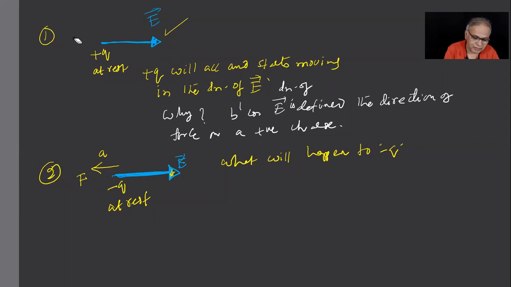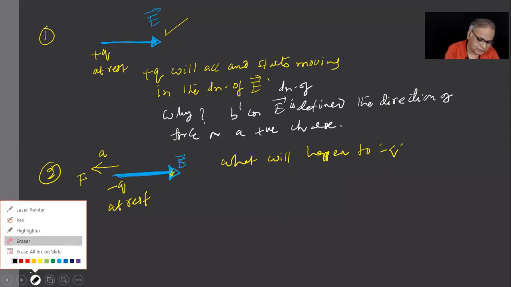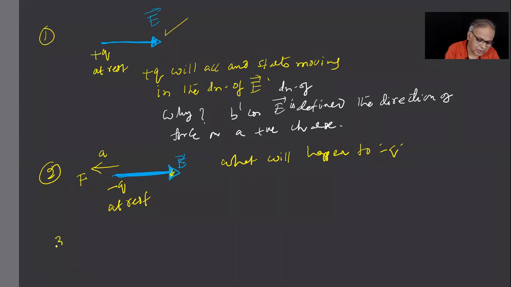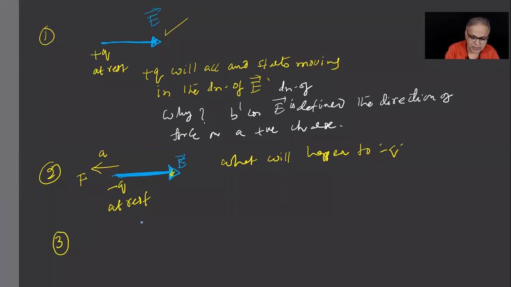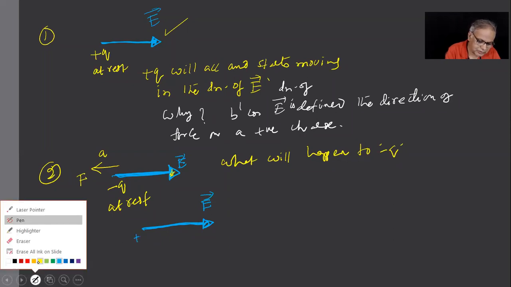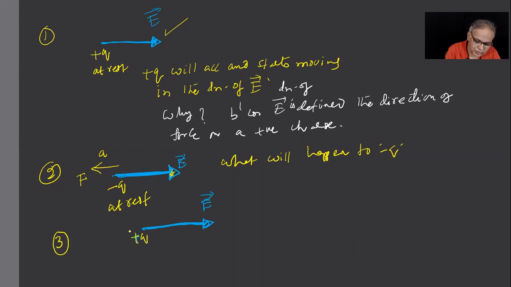Okay. Now, third question. Remember, I'm talking intermediate things only. Don't ever get the wrong feeling that I'm doing something very big. That will scare you, basically. This is E. See, when I'm showing this E, children, I'm not showing who is forming this E. I don't require to. Now, I will project plus Q like this with some initial velocity.